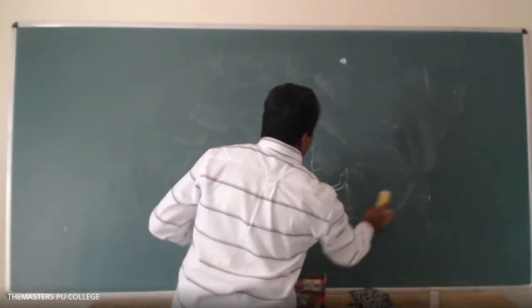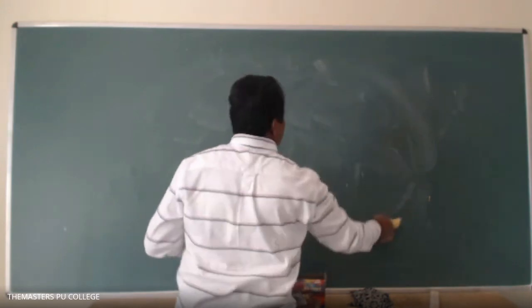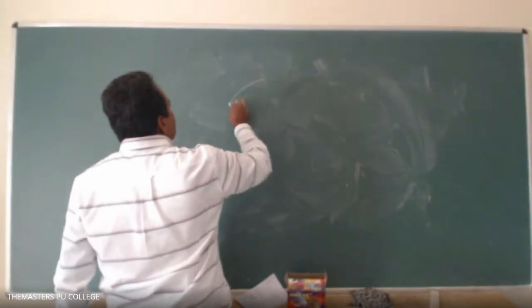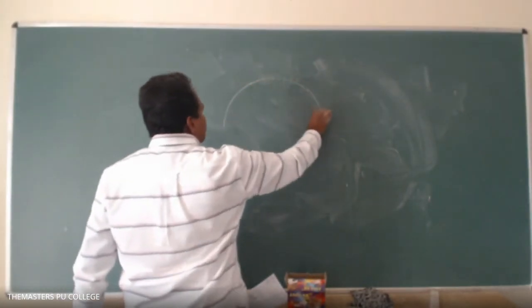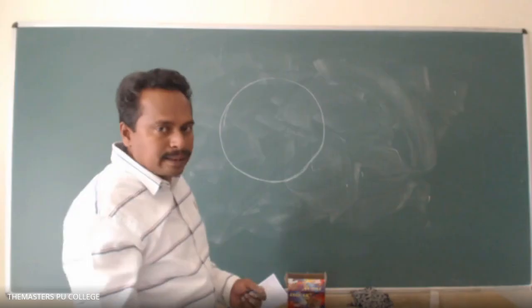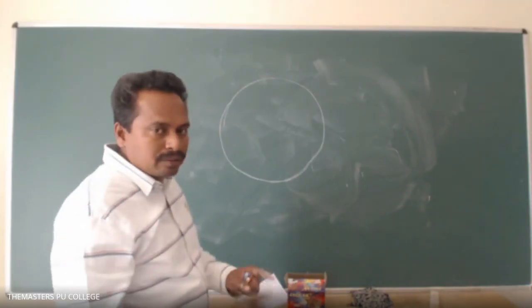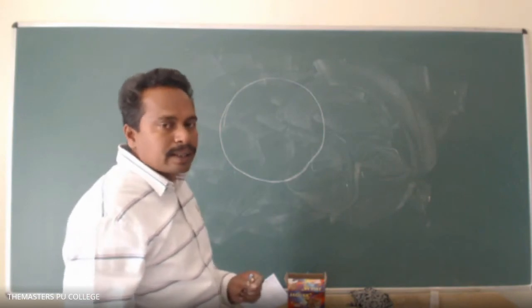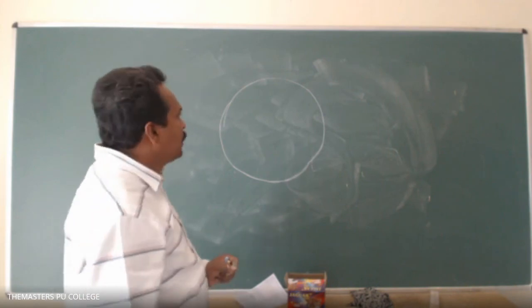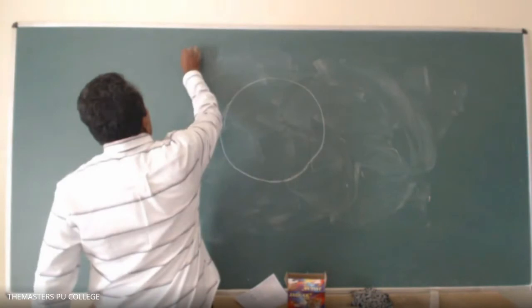First, draw the outline of the floral diagram. Sir, what about the fruit and seeds, sir? Yes, later we will discuss that. After completion of the floral diagram, we will cover the characteristics of fruits and seeds. First, draw the outline of the floral diagram in the Fabaceae family.